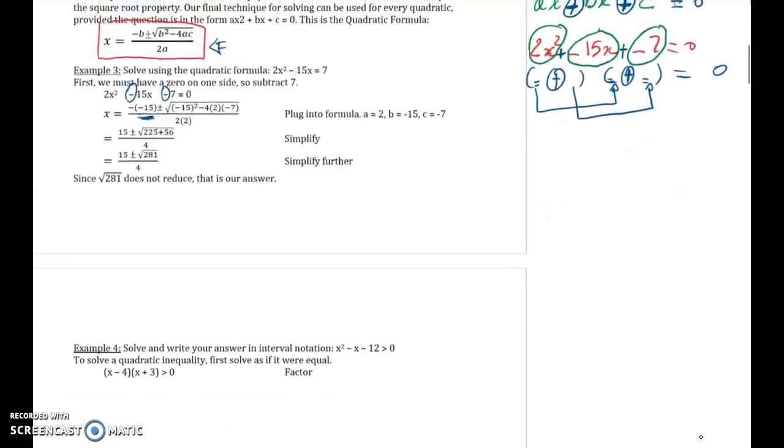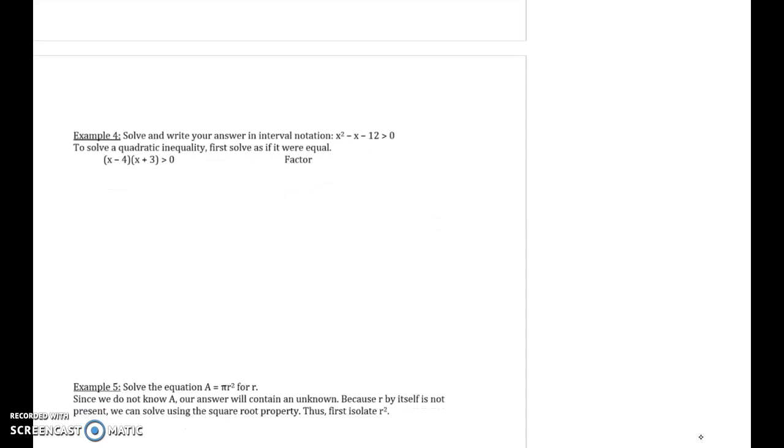x. And how many values of x am I going to find? 2, because of the plus minus. The first value of x will be when you have a plus. The second value will be when you have a minus. Okay? All right. So now, let's try to think in terms of